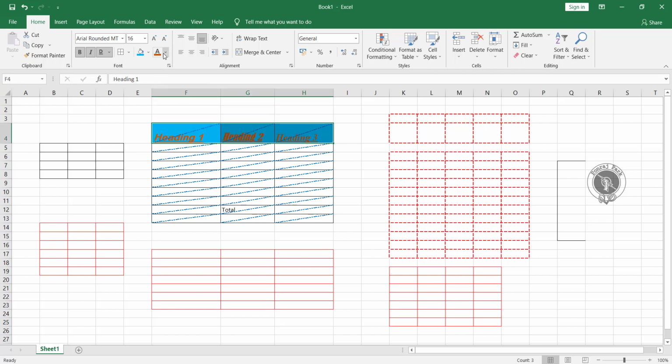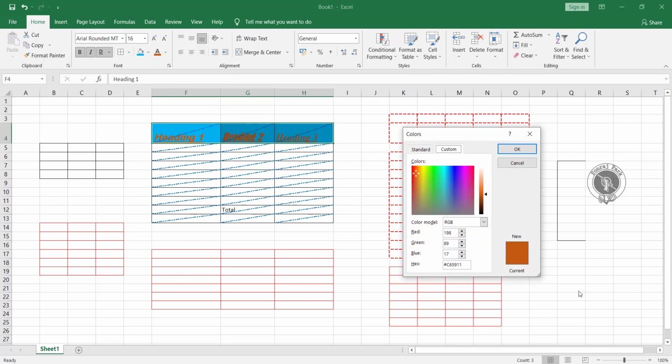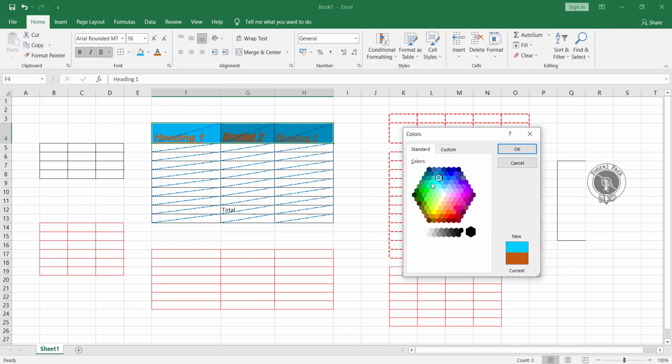And suppose you think that some color you are looking for is not there, and you want to create that, you can come here in the more colors. We get two options here, standard or custom. From standard you can choose any of the colors which you want to add. Otherwise, you can use custom over here. Simply drag and you can see all the colors being applied over here.